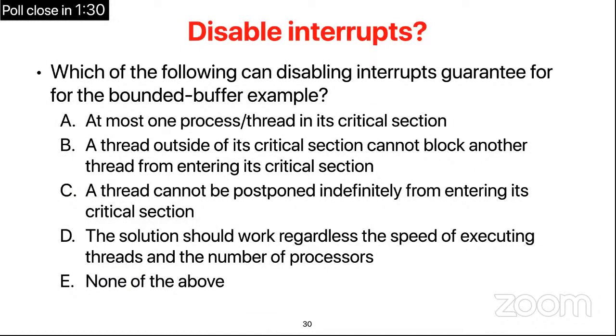Okay, thanks for all of your inputs. I think we have a pretty good discussion here. For the previous question, the right answer is E, none of the above. And you might have seen in the textbook that one of the potential solutions is to disable the interrupts. As we said, preemptive multi-scheduling uses the timer interrupt to change the process. So what if we now disable that interrupt when one of the threads grabs the lock? Will that work?